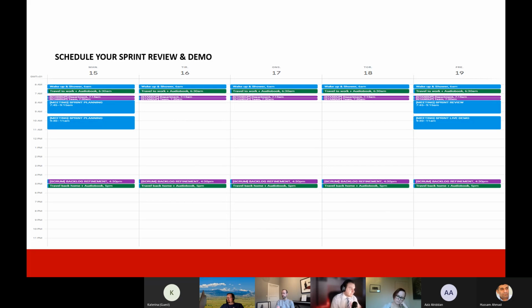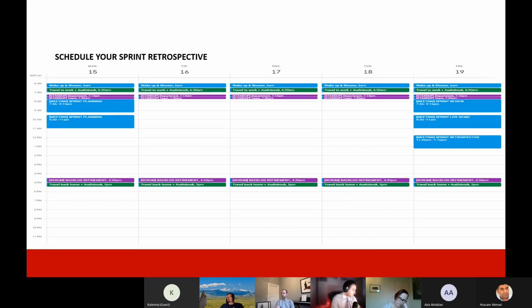And the sprint live demo is when you present to the stakeholders what you have released within the sprint. If you're not doing a sprint live demo, sending an overview report to the stakeholders can replace this time block.